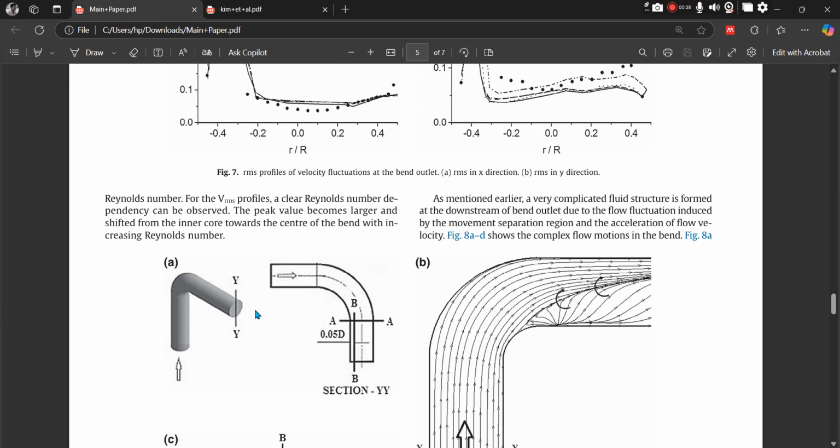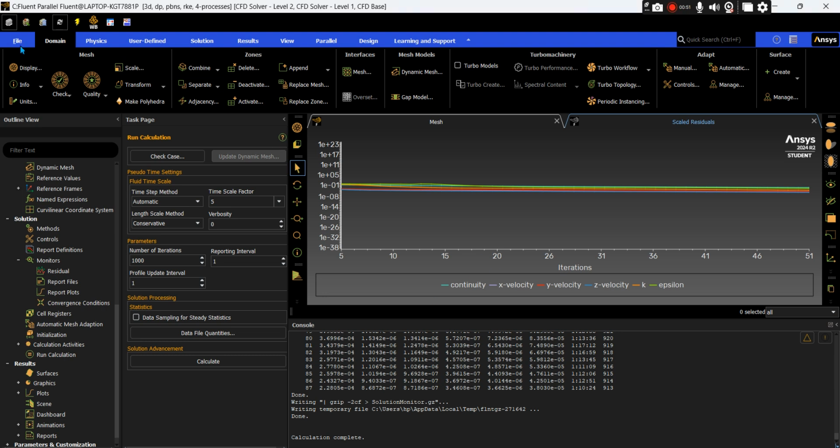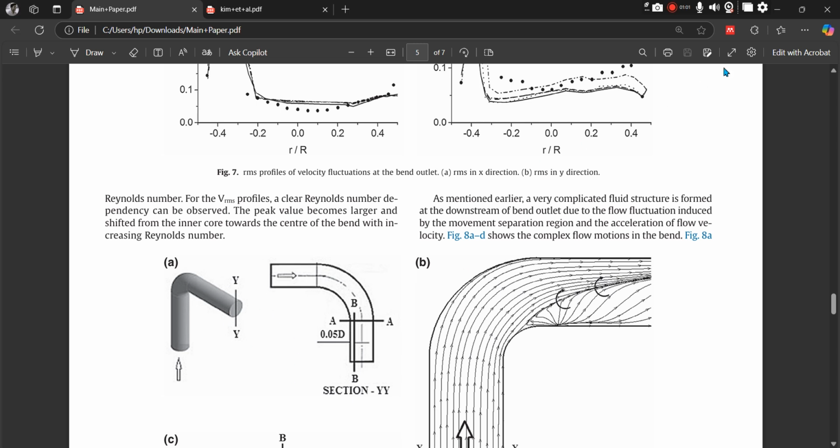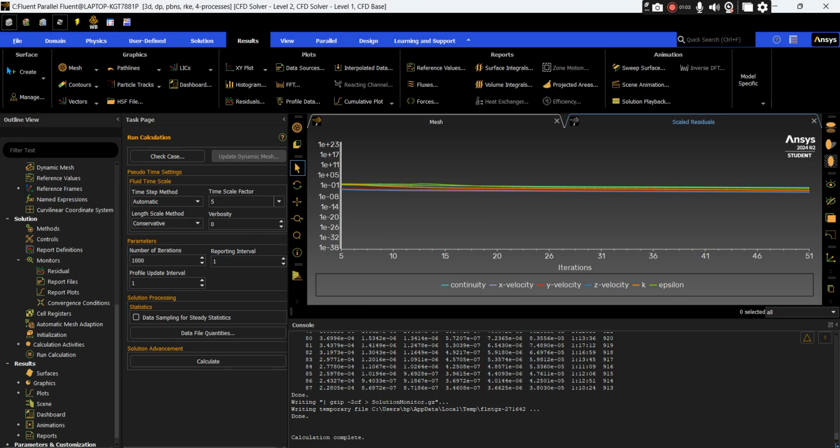They have solved the cases for this y line. So I also have to make this line and solve the pipe for this line. To do that, let's go to our results section and create a line like this line. So go to create and line,